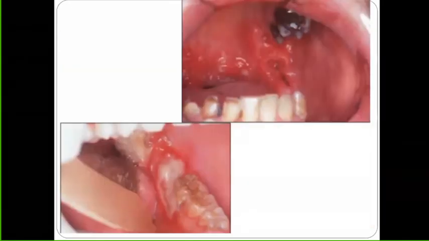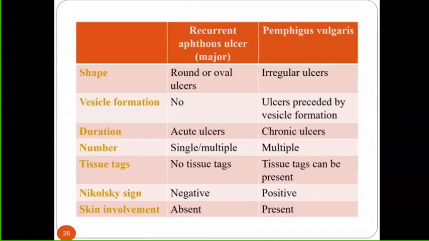Okay, so can you see in the lower picture on the lingual mucosa near the lower 7 and 8, there is a non-healing ulcer. This is squamous cell carcinoma. So it's a big ulcer and it is not typical of how an aphthous ulcer looks like. This is how you can differentiate. And the last comparison is between aphthous ulcer and pemphigus.